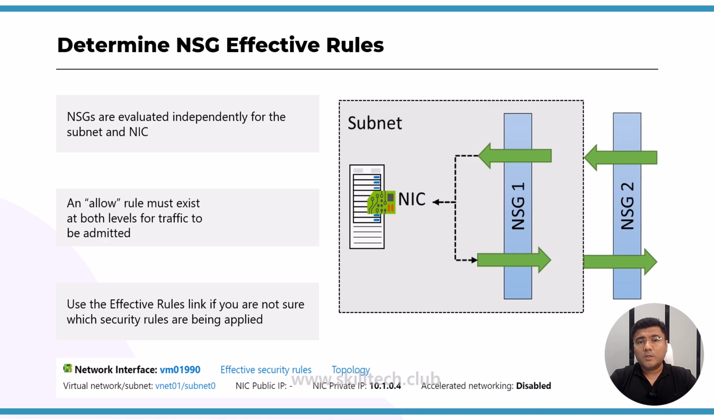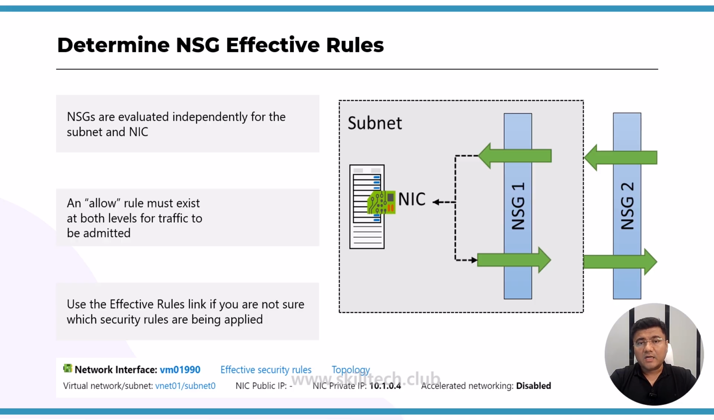In that case, it will not be allowing you to reach out to that particular point. So this effective rules is basically trying to focus on two different boundaries. You have to focus on the access of the network interface card as well as the access of the network security group also. And using effective rules, you can actually check if you're not sure which security rules is being applied